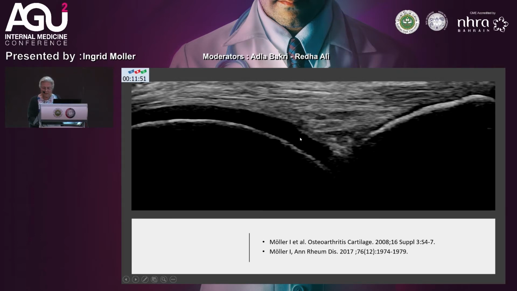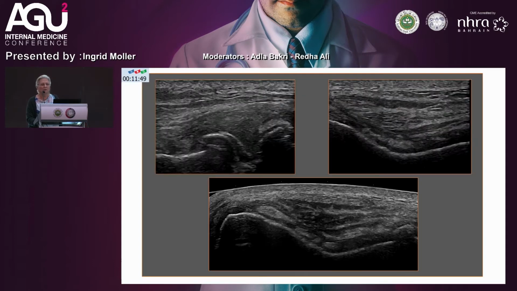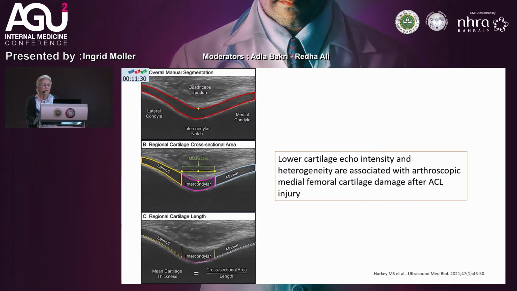And water is the main component of the cartilage. So we can identify the cartilage by ultrasound, and the image of the cartilage is clear, as it is clear that the cartilage can have pathologies different from osteoarthritis, and we can differentiate them by ultrasound. And this is the case of these patients having CPPD disease.